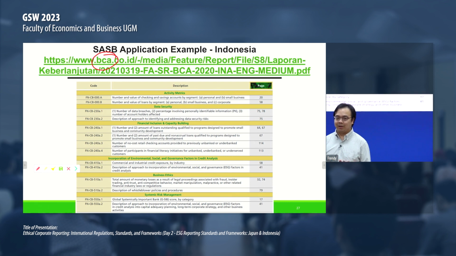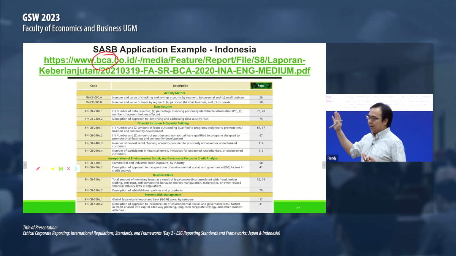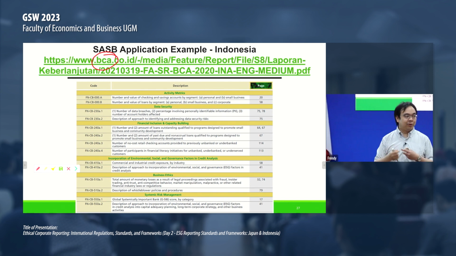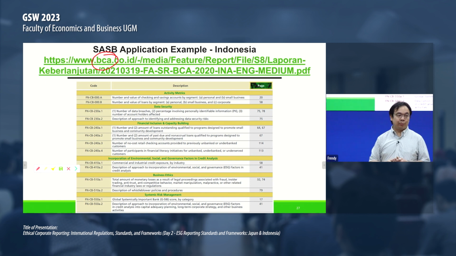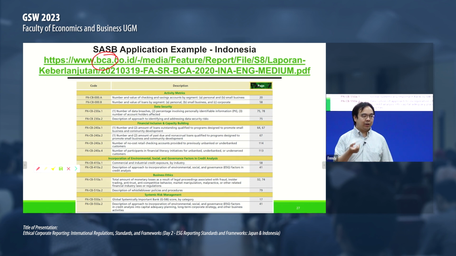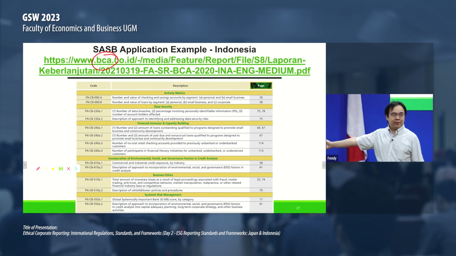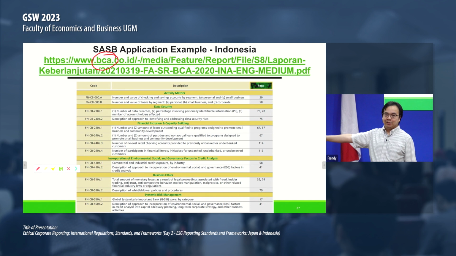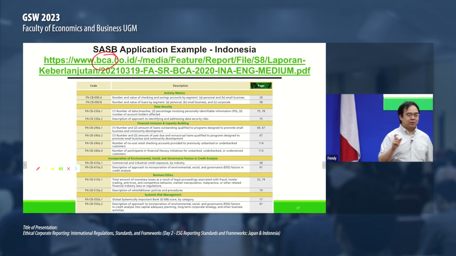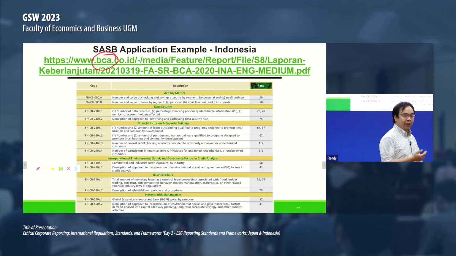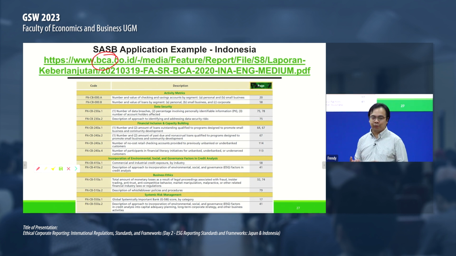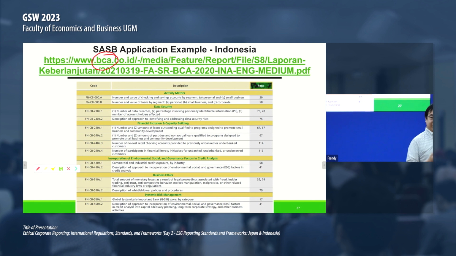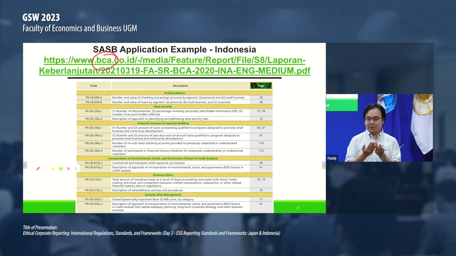Is it the same or totally different? It's totally different, right? So SSB wants to help companies simplify their sustainability reporting by specializing and focusing on the industry. So this is quite a bit different compared to GRI, right? Remember when I first showed you the GRI examples, we had the one from Toyota, and then one from Pertamina, okay? They are exactly the same, okay?